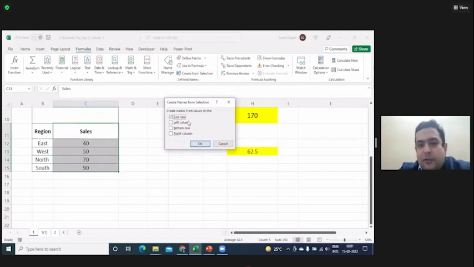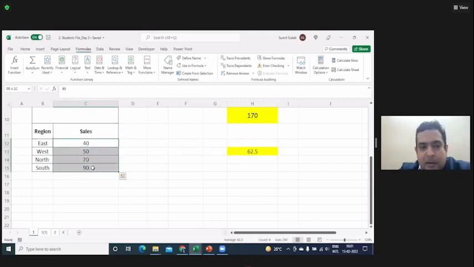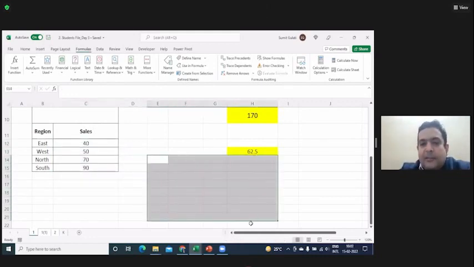That means you are asking this range to be named, and the name should be from the top cell. So you can name a range, you can name a cell, you can even name an array like this. You can give a name to this array also. So every time you have to refer to an array, just go and select that. Yes, I got it. Clear?